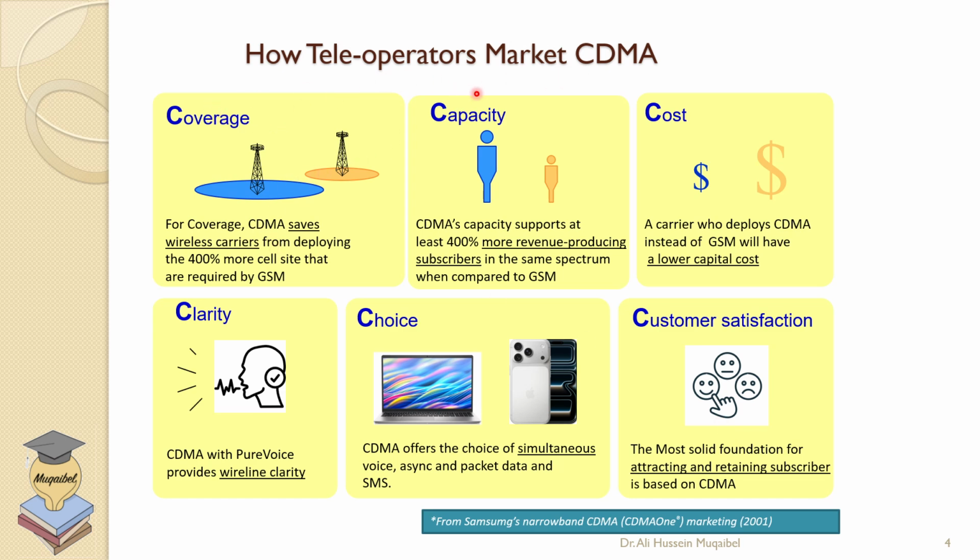How did telecom operators market CDMA? How did they claim that it's going to be the future? Why did people believe it's going to be the future? Because they promised higher coverage, going to 400% of GSM, what TDMA and FDMA can support. They claimed the capacity, number of users, would increase, the cost would be reduced, clarity of the talk would improve, and also the choice